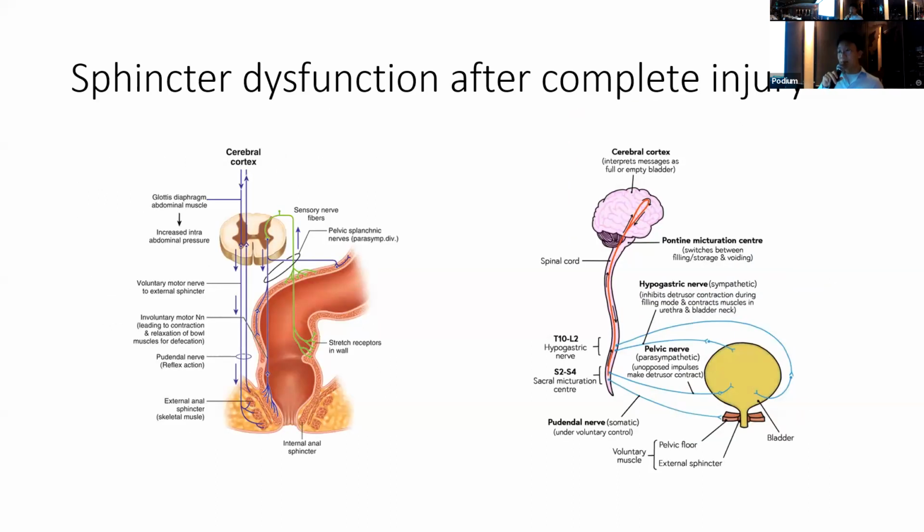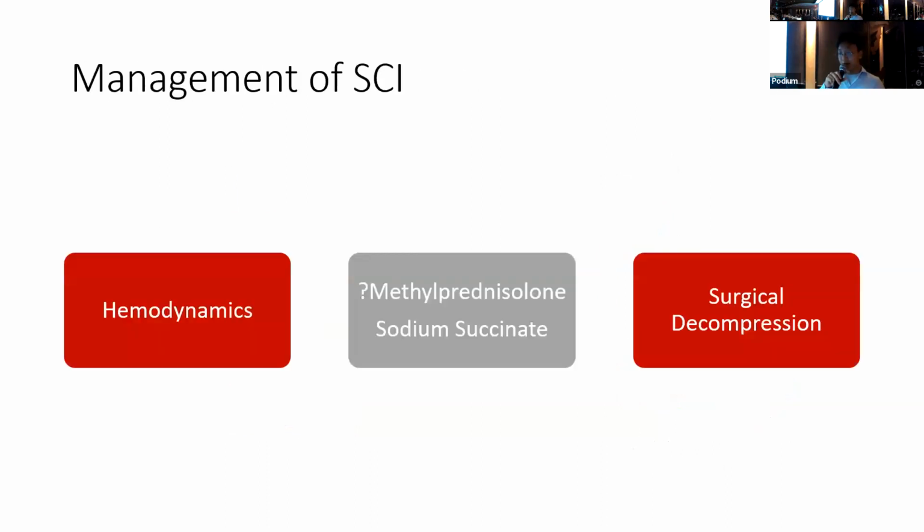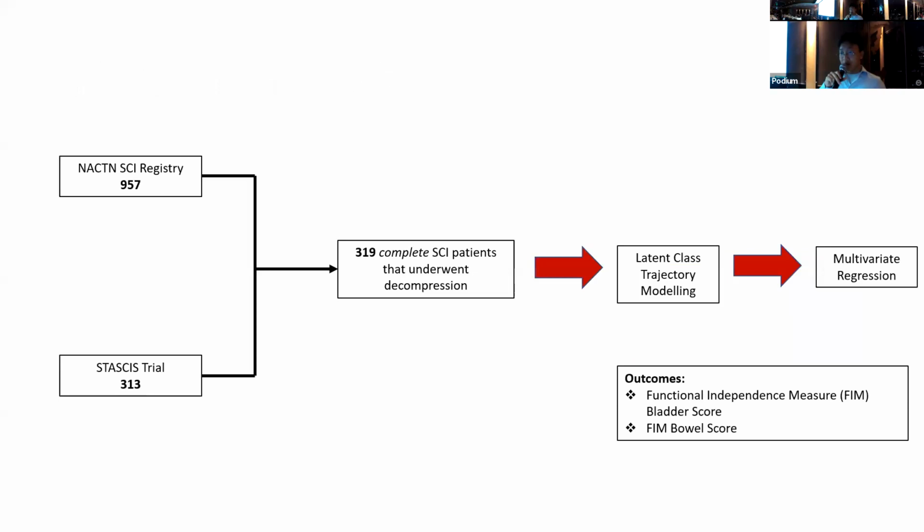And with complete injury, one of the most distal parts of the neurological function that may be injured as well commonly is the sphincter function, so the body's ability to hold urine or bowel at will. And so to look at the independence or the predictors of independence of bowel and bladder function long term after